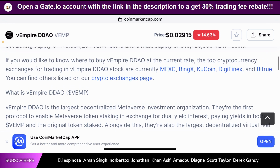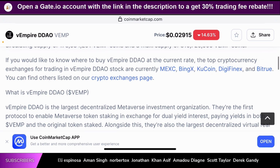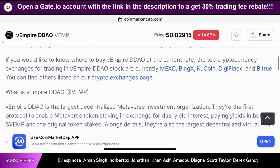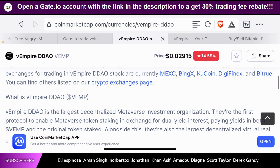They're the first protocol to enable metaverse token staking in exchange for dual yield interest, paying yields in both VAMP token, which is the native token of interest in this video, and the original token staked. So what they're allowing you to do is basically, it's a platform that focuses on decentralized metaverse investment organizations. So they are a metaverse project which is also decentralized, and in the centralized ecosystem, we have investment organizations existing